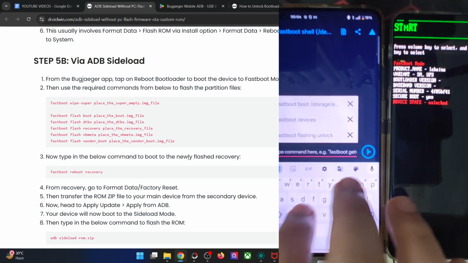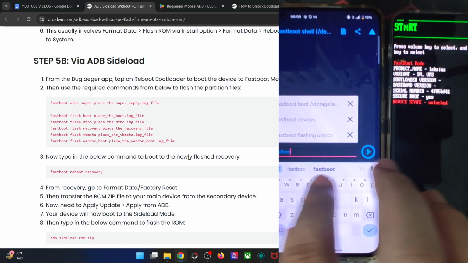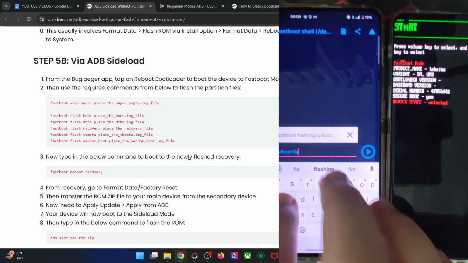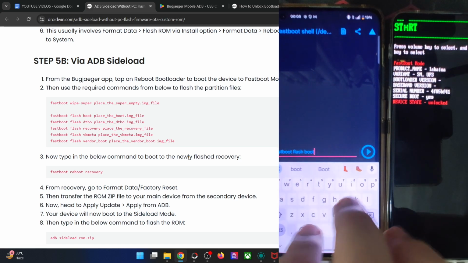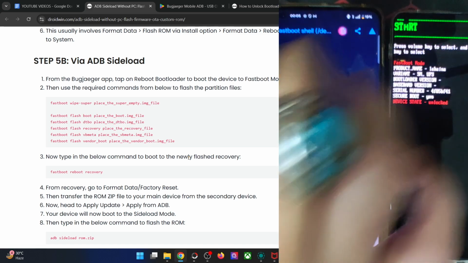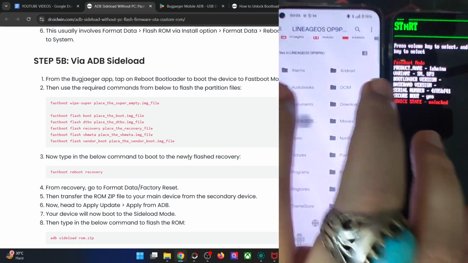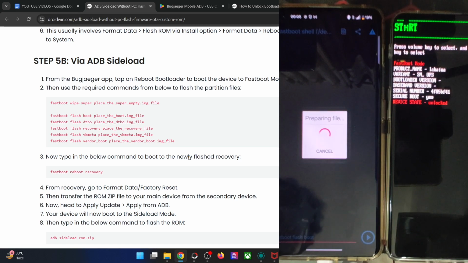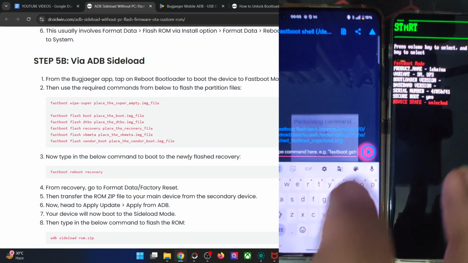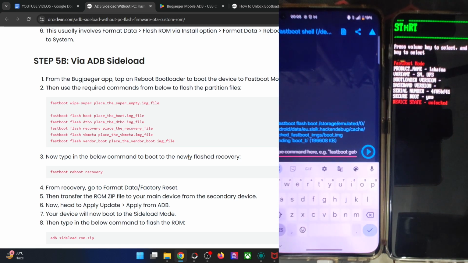So first off, it's the command of fastboot flash boot, and now drag the file over here, give a space, tap on this icon and choose the boot file first of all. Fastboot flash boot, and the boot file is over here. We'll now flash the LineageOS boot file, hit the enter key. The flashing has now started and will take around a few seconds only. So let's wait for that to happen.